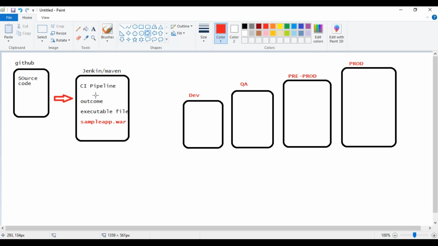Like team, if I want to play a movie, I need a VLC media player or any media player to play it, right? Now the movie is your application here, and the player is nothing but the server we're talking about, either a web server or application server. So my application is ready, but if I want to run this application, I need a runtime